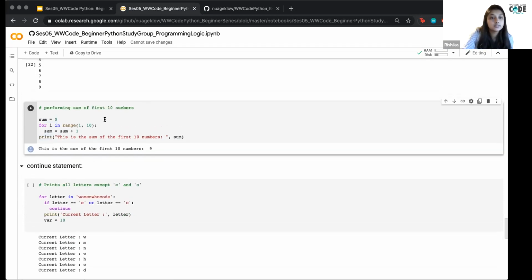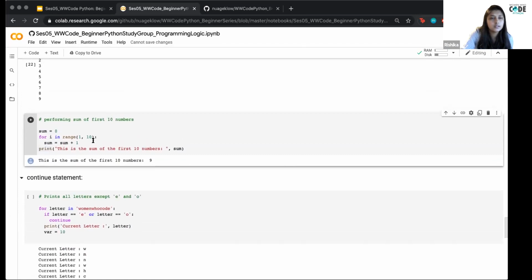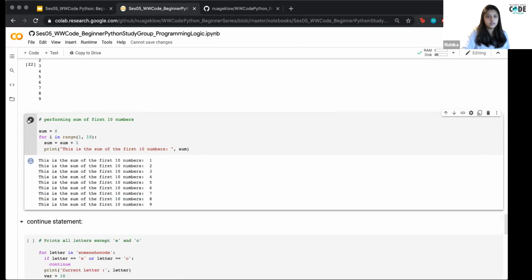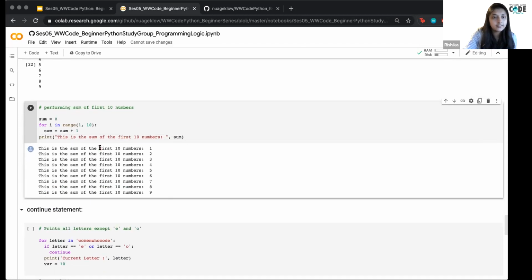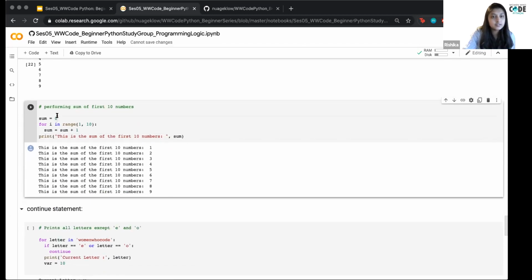let's see, that is not, let me see. Sum is 0 for I in range. Oh wait, I think, let me see here. No, okay. It should print out 45. Let me see what's going on here. Sum is 0 for I in range 1 to 10. Okay, well,